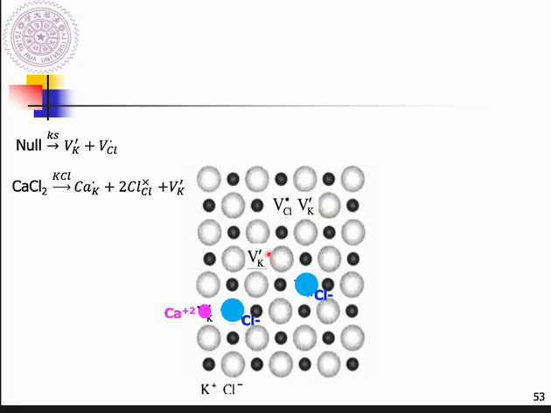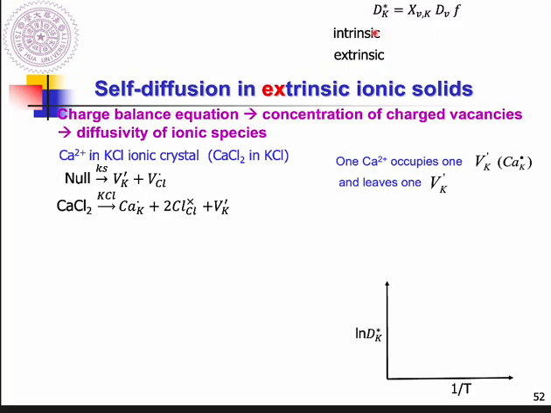Here we have one negative charge. It implies that if you dope more calcium chloride, you will get more vacancies at the potassium site, which also implies that the vacancy at the potassium site will increase as long as you dope more here, and the diffusivity for potassium will